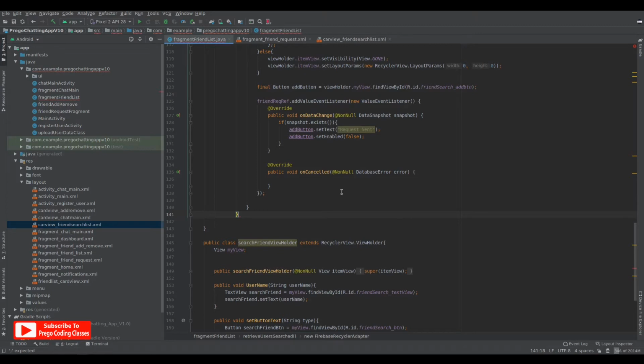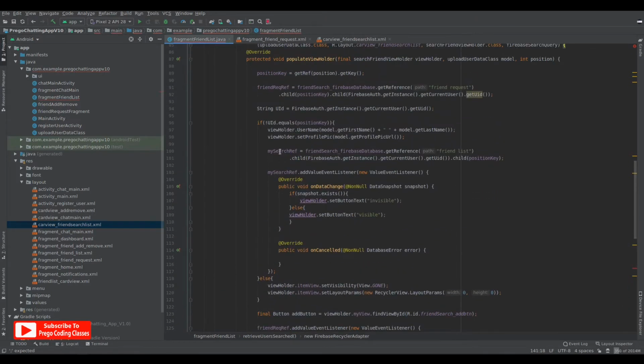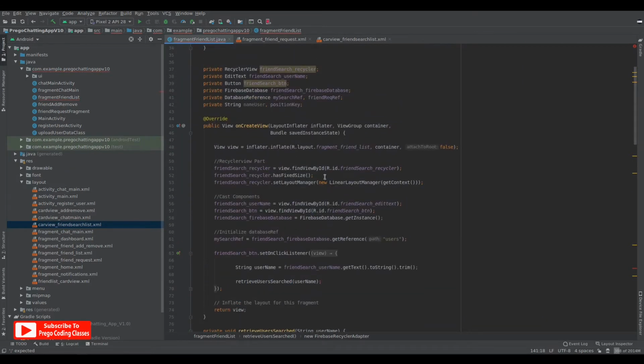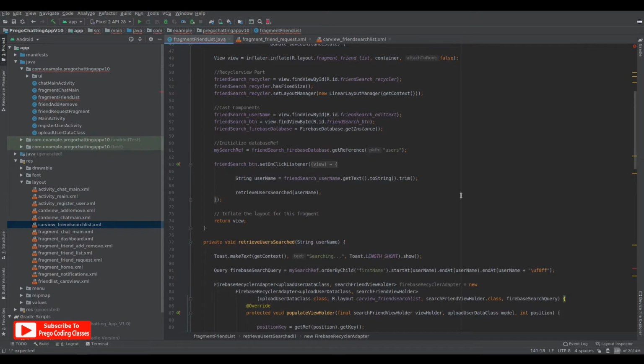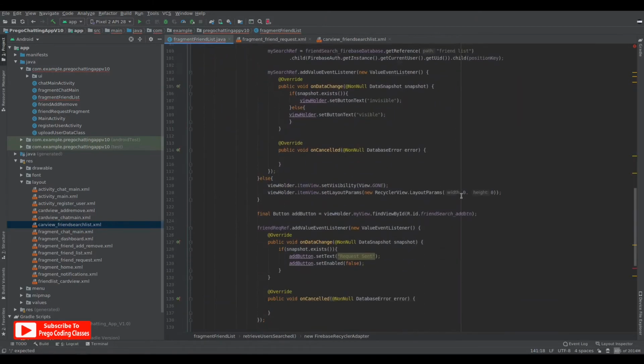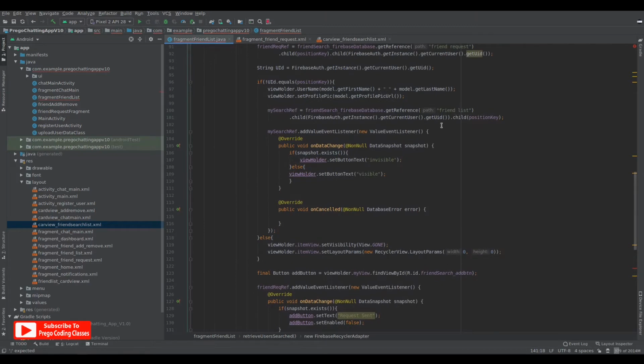There should be a short conflict in my code because I have used my search ref for getting the user class reference, and then again I'm using it for the friend list.